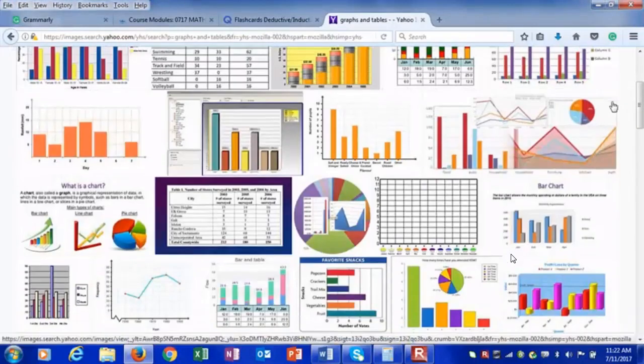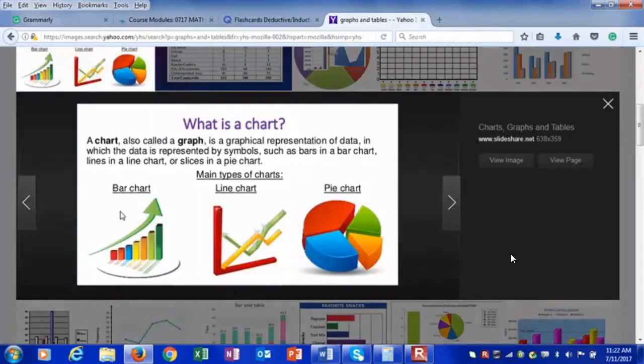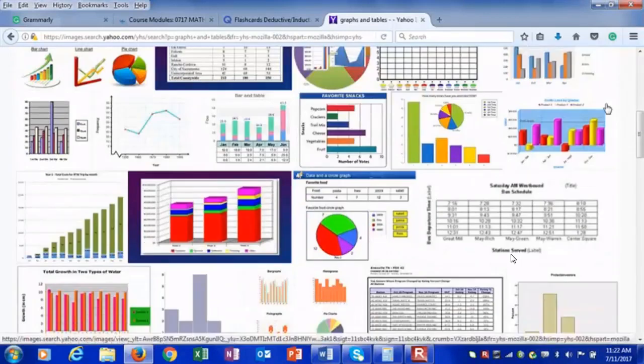Okay? Let's look at another chart. Charts can be described in many different ways. We just saw an example of a bar chart, okay, where it's going up or it's going down or it's a little bit in the middle. Now, most types of charts are either bars, lines, or pie charts. Pie charts represent a percentage of 100% as it relates to the items that you are told to configure. All right, let's keep going.